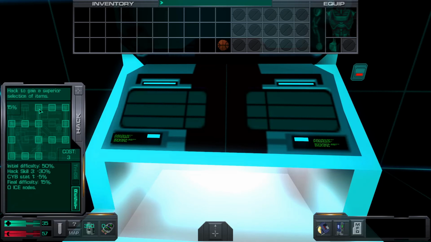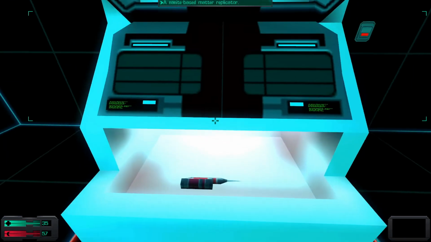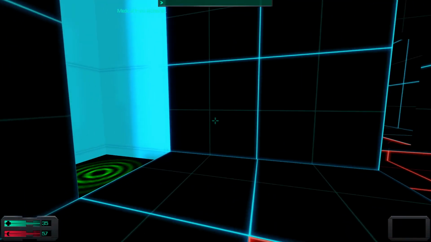Now, if I hack it... Hi there. Please make your selection. Replicator database reinitialized. It might open up a new item it has. Thank you for choosing Value Wrap. And there's those anti-personnel bullets. Standard bullets. And a med hypo. And that was a waste, but this is a...